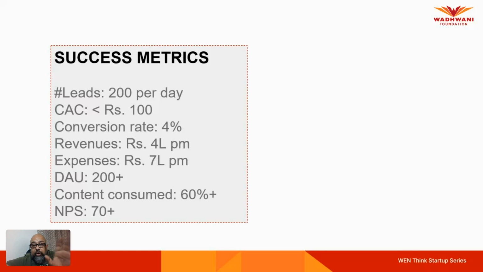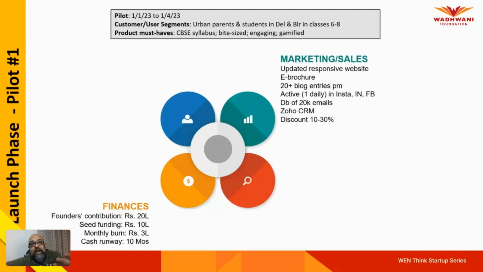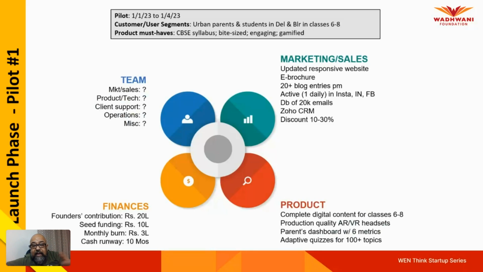Now, why I'm showing you this is because how do we ensure that these success metrics are going to work out? I'm going the other way around. Be very careful. The lean canvas ended with a success metric, right? Now, success metric will only become success, I mean, we will only have this picture available if we have the marketing and sales happening, if the finances are in control, if the team is in place, if the product is in place, right?